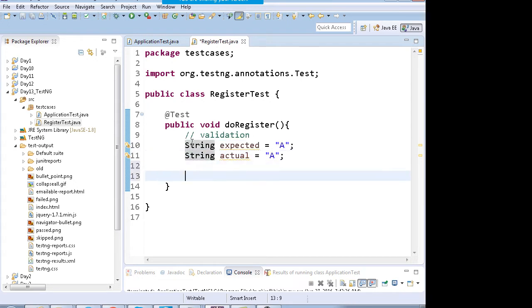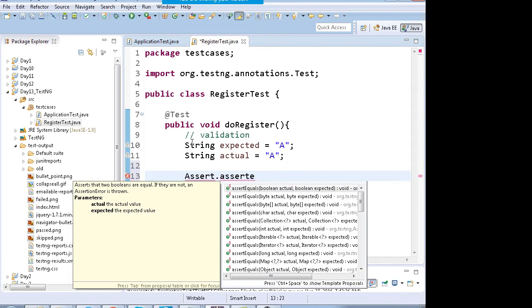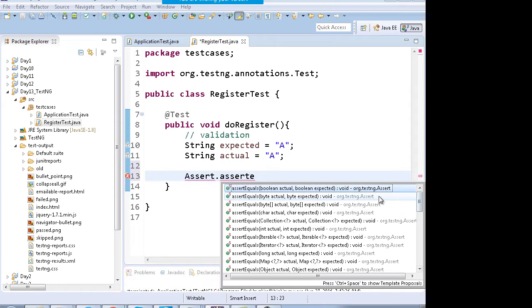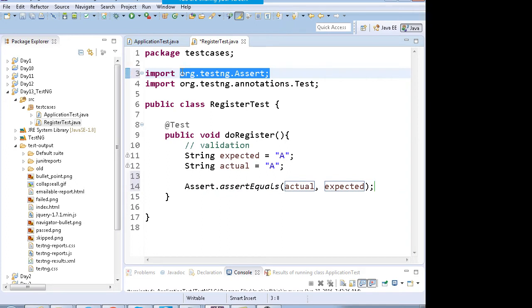For that we use assertions. You write over here assert equals. Make sure you import the Assert class from org.testng.Assert. Sometimes people import it from JUnit, so that becomes a problem.